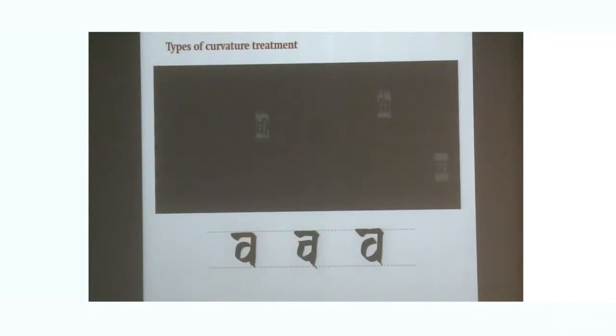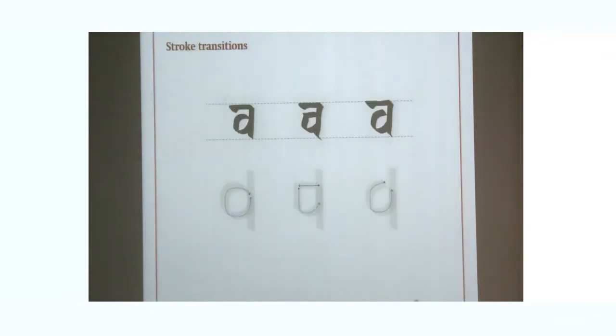In this sample, there are three different types of the letter that we have found. The treatment of these curvatures is quite different. In the first option, it goes more smoothly and is squarish. The second one is a little mechanical: horizontal, then vertical, and then it goes up. The third one is quite interesting, where it starts with an angle, then the vertical, and then it goes up. It gives a nice squarish look, which matches very well with the vertical and horizontal.